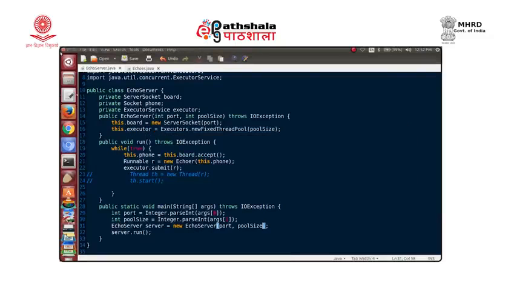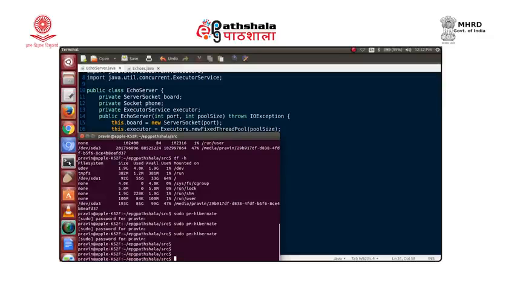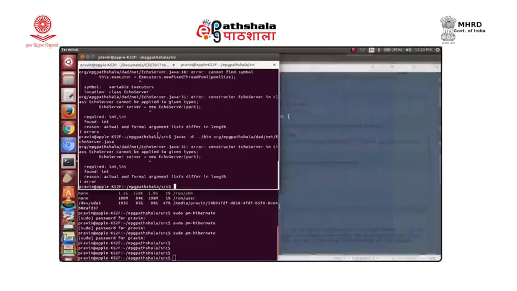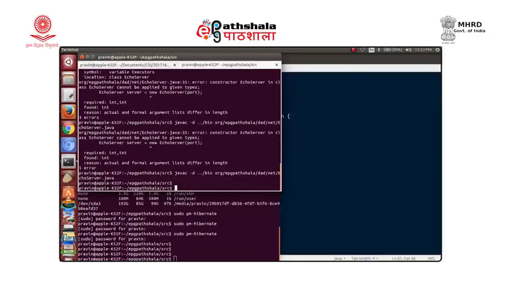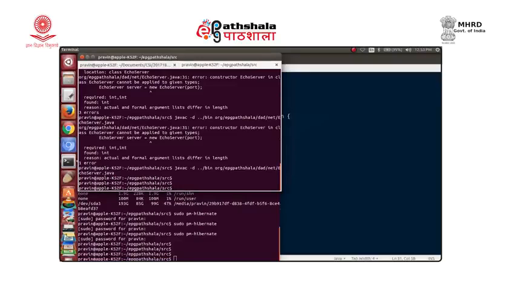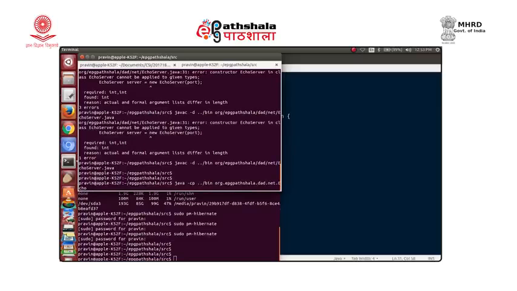Now, we can run our server. But we need to pass two parameters. Let us keep that port number as 1024, which we had used in the last demonstration, and we can have a pool size. So, maybe we keep a pool size of 3, or maybe we want to support 5 clients in parallel.